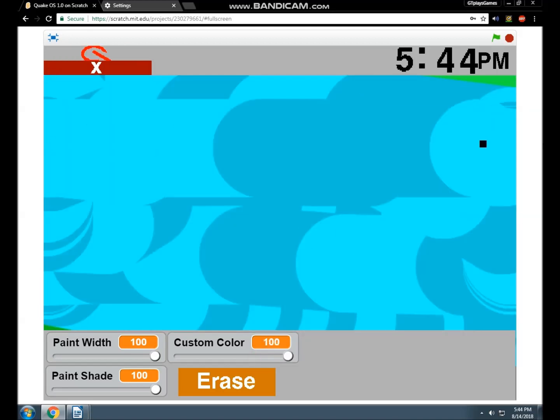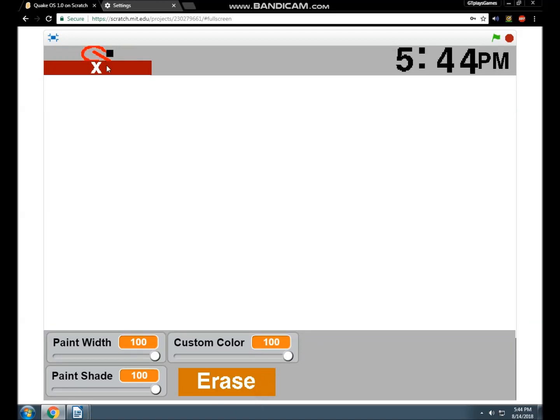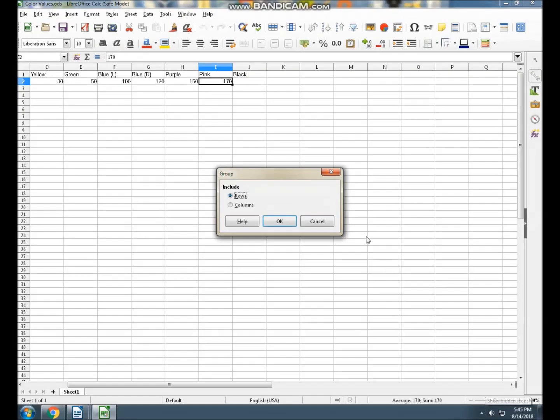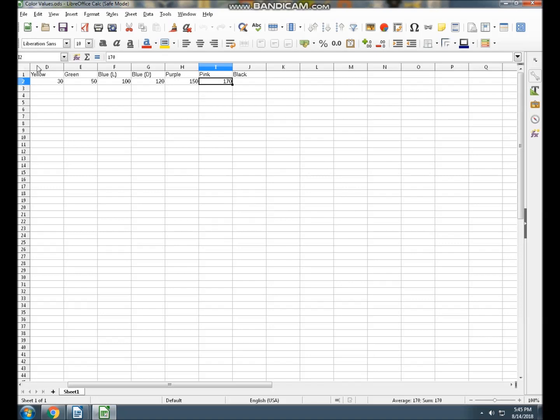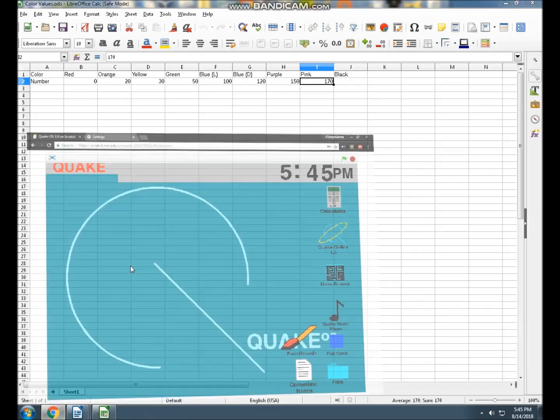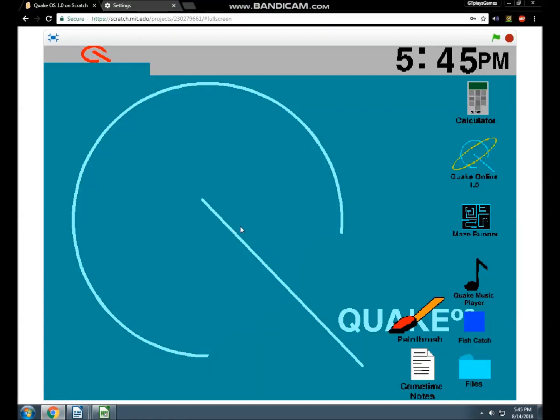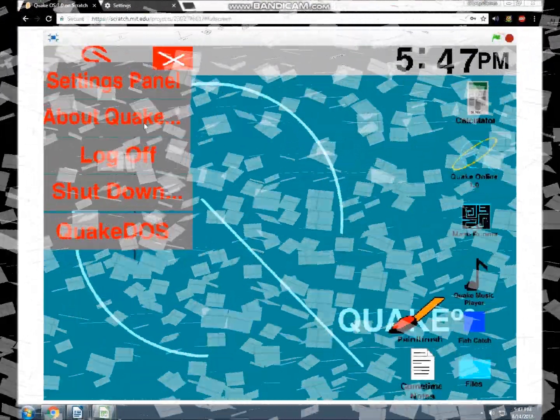However, I'm thinking about changing that later on, making it so then you have to type it in instead of just using a slider. So then you have access to purple and pink. These are the color values needed for pen colors in Scratch. Like, for example, I'm not gonna go really into detail, but let's go back here for example. I'll explain all of it later. And that's not all.